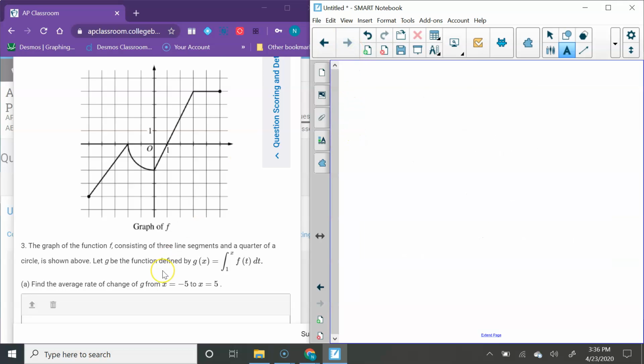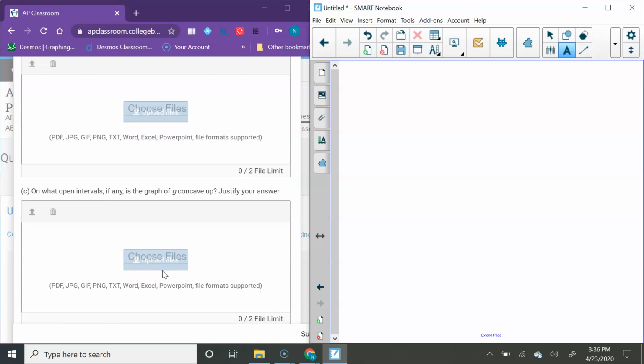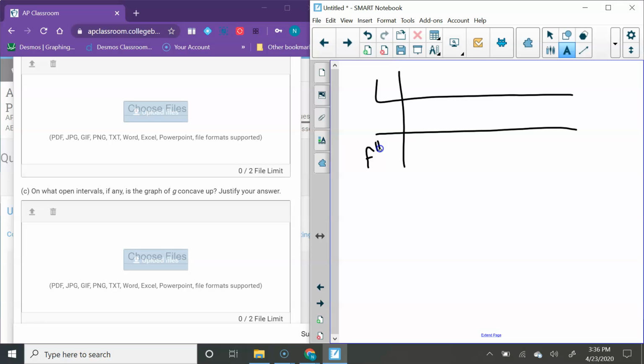Let's continue on. Part C says, on what open intervals, if any, is the graph of g concave up? Justify your answer. So let's think about what we know about concavity. I'm going to make us a chart we've made many, many times right here. So I know if I'm looking at the second derivative,